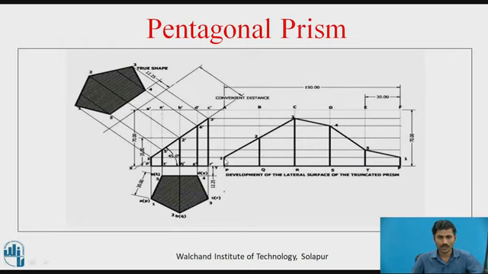So we need to connect these points with straight lines: 1, 2, 3, 4, 5 and 1. And again, for this dark line up to this, connect with this point, and draw these vertical edges also with a dark line. So now this surface with a dark line indicates the development of the lateral surface of the truncated prism.